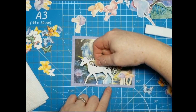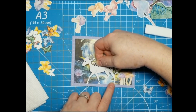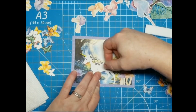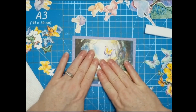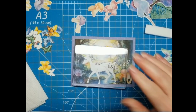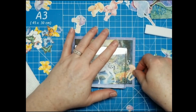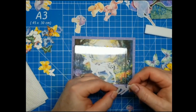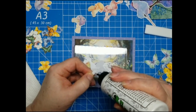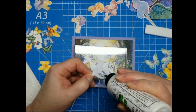Alright, let's get his feet down. I think I want him back this way. Let's do that one, and then that one. Block out. Put some glue on our mushrooms. Now I could pop some of this up with dimensionals or foam tape, but